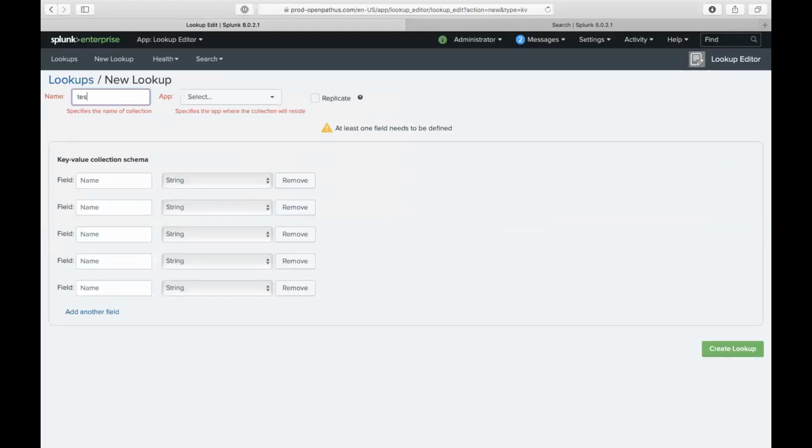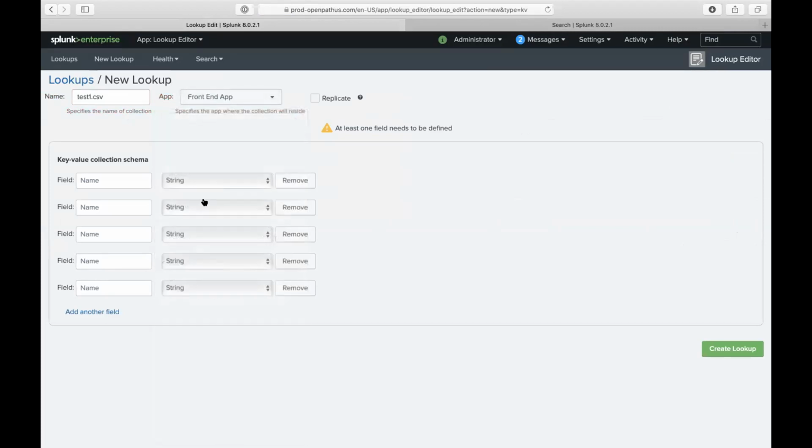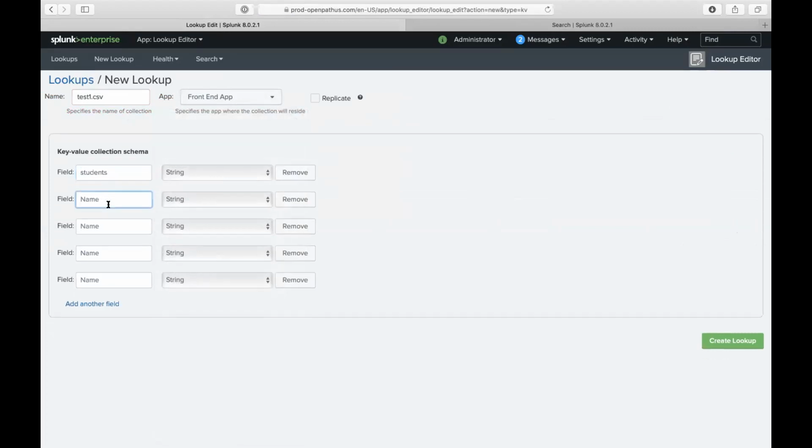So I'll call this test one CSV. All right, and then we're going to put this in front end app. Then the first one's going to be the first value. We're going to call this students. Then the second value is going to be age, and then the third value we'll call it